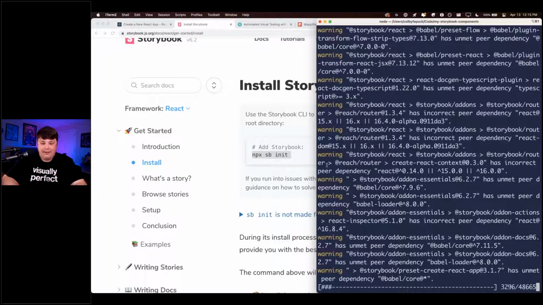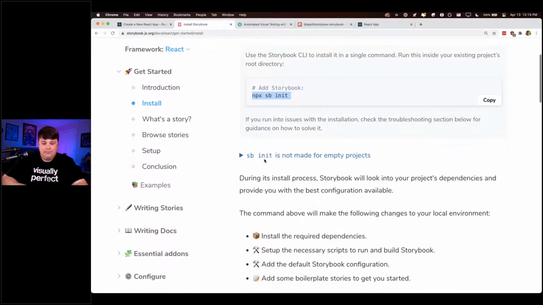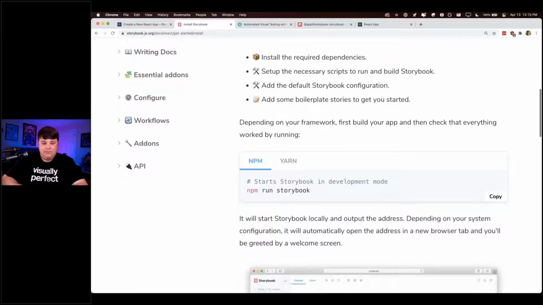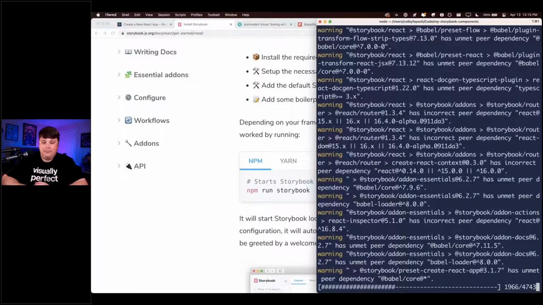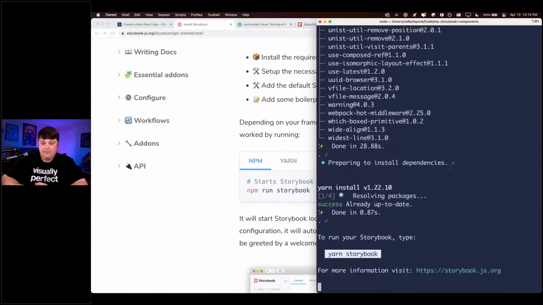Should be almost done here. But now, as it says, once it's finished and all the dependencies are installed, we can try running yarn storybook,